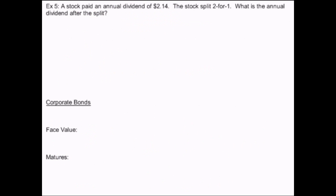Okay, so when you have a stock split, it affects your dividends the same way. The pre-split price per share formula is the same as the price per dividend, like money formulas are the same. So we use the same formula. We have a 2-for-1 split. That means you're going to get 2 shares for every one that you had, which is going to cut the price in half. So with the dividend split,